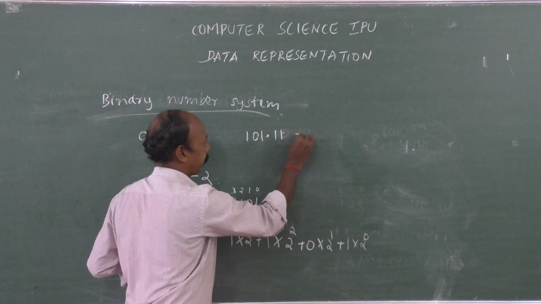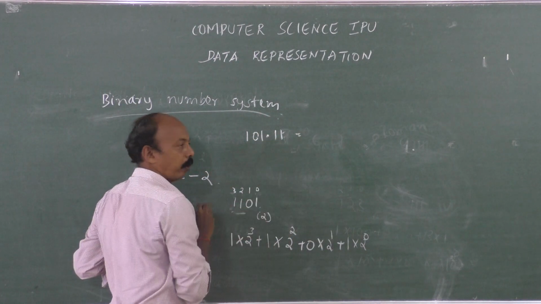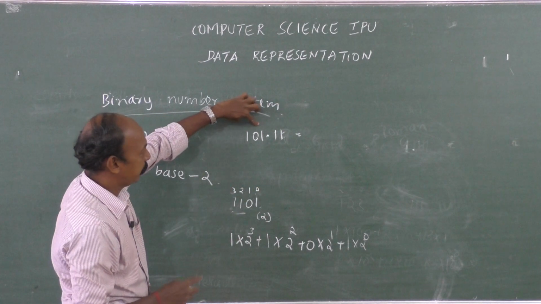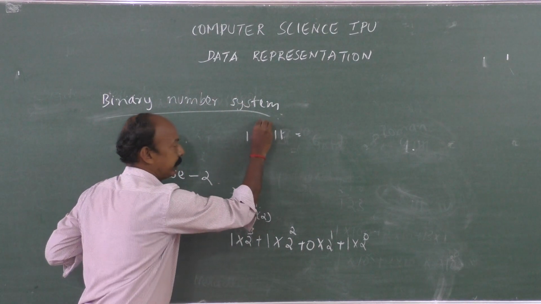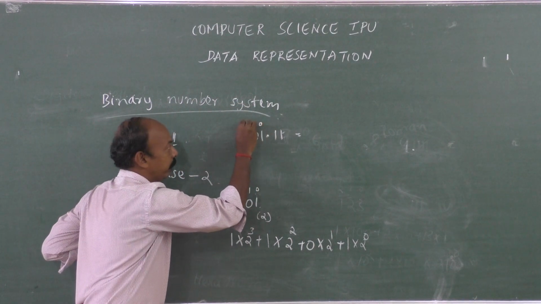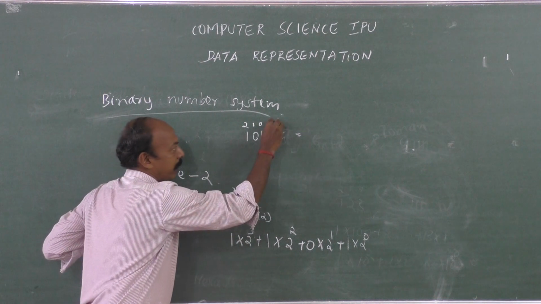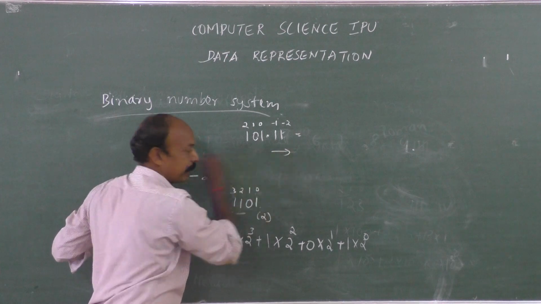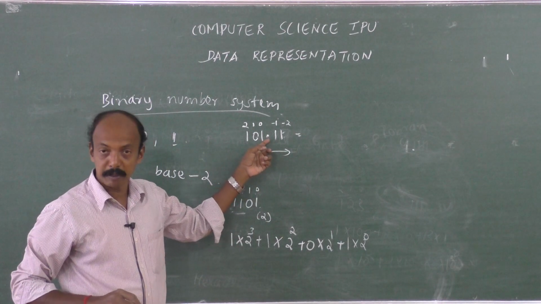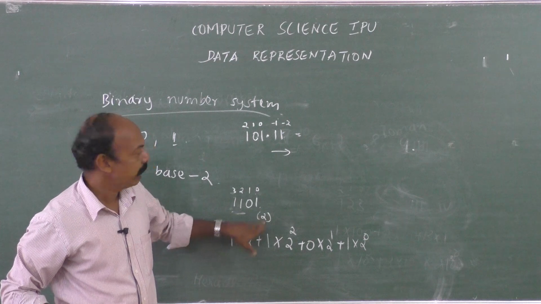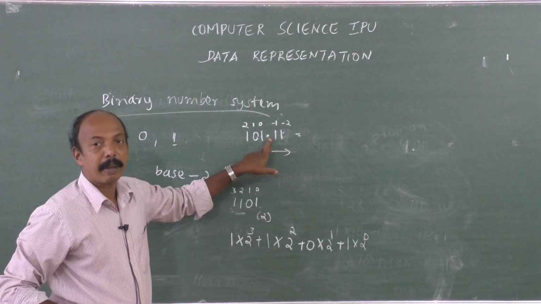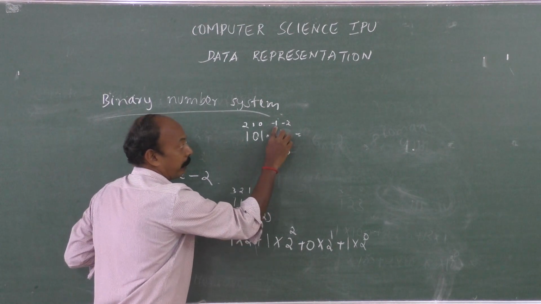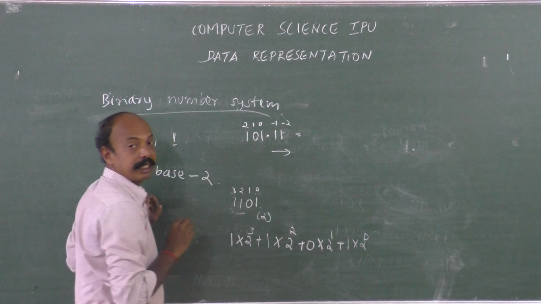This could be written as, see here, whenever we have the point, don't start 0 from here. We have to start to the power 0 here. So this is to the weight 0, 1, 2. And this will be minus 1 and this will be minus 2. When we move to the other side of the binary point, here we won't call it as decimal point. Since it is binary, we need to call it as binary point. So in this case, this will be to the power minus 1, this will be to the power minus 2.